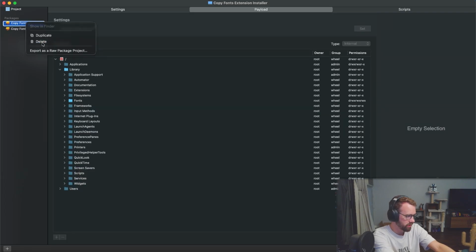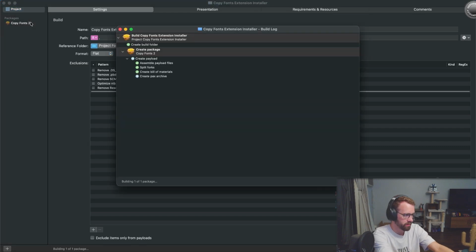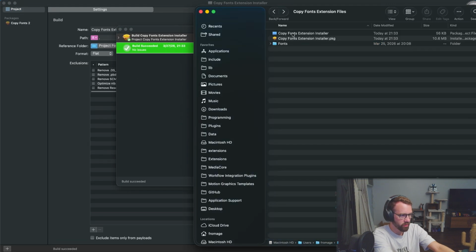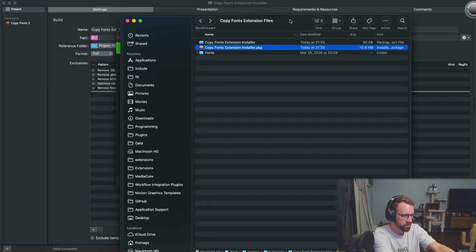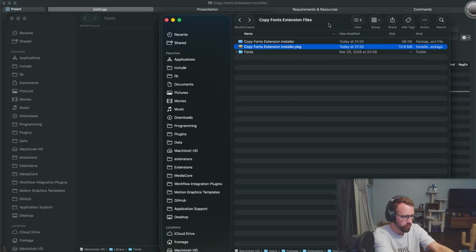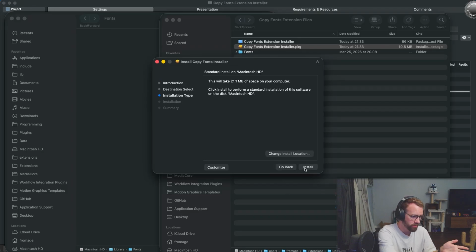I'll go ahead and just delete the original version so you can see it still works. We'll build it. And if we look back in our folder here, we now have our PKG file that was just created. I'm going to go back to that empty fonts folder, load up my PKG. Again, you can repackage this as a DMG, which you'll most likely want to do if you're distributing something online. But we'll run through this quick installer,